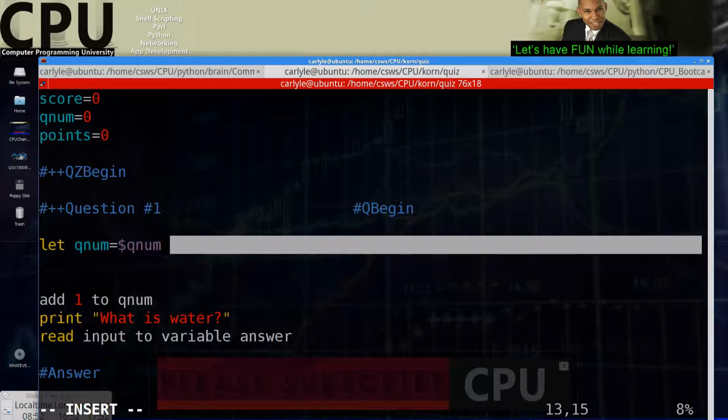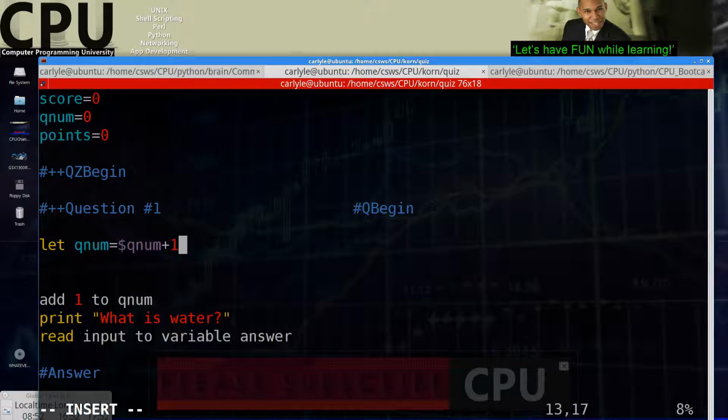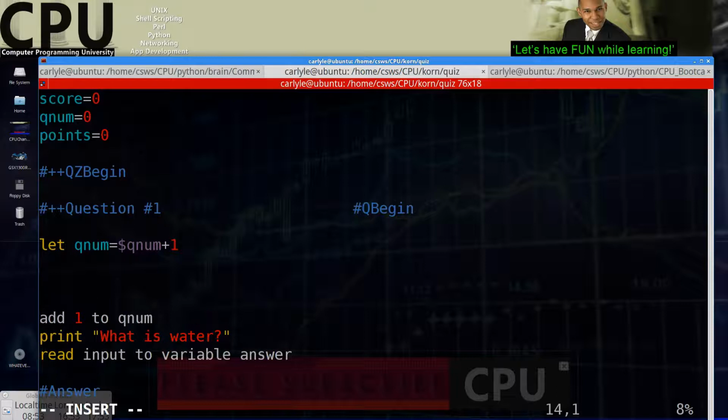So let's come back down here. Obviously we don't want it to equal 0. We want it to equal whatever the value is. We're going to increment by 1. So I can say qnum plus 1, right? So whatever the value is, plus 1. It's currently 0, so therefore it's not going to equal 1, right? If it was 1, now it would equal 2, right? Pretty simple. So now I'm going to say echo,